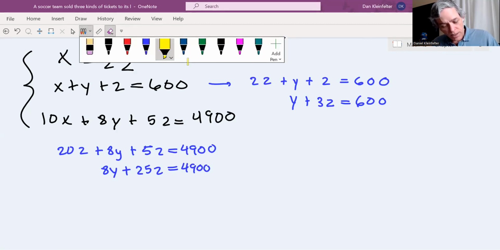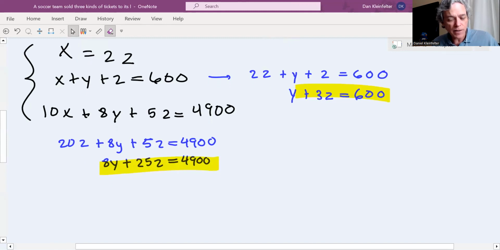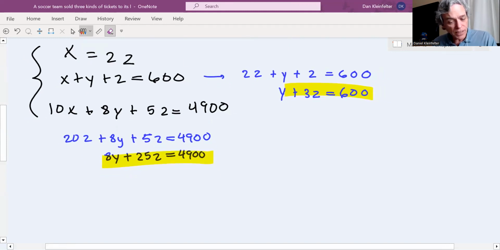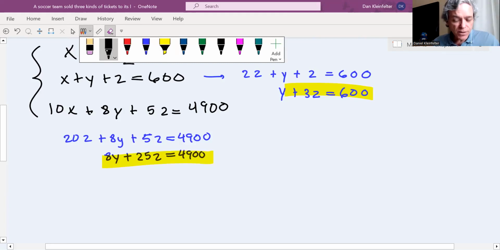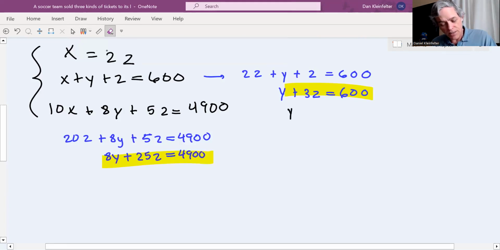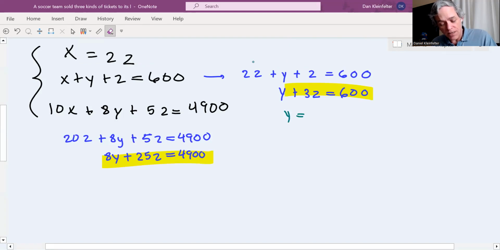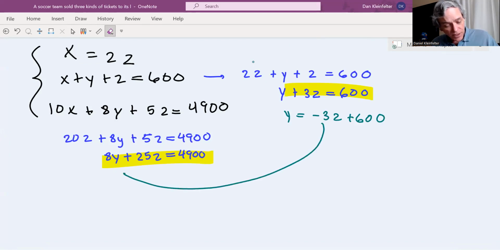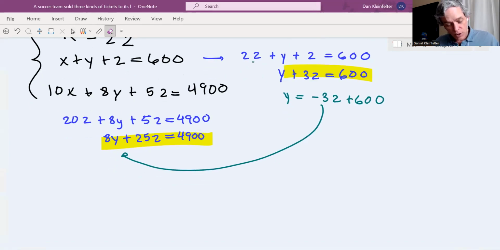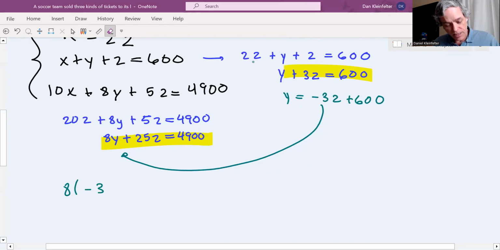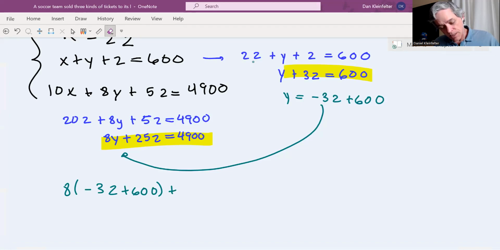Okay, so then we're going to work with the two highlighted equations involving Y and Z in order to get this done. Most of the time we use elimination, I think this time, because it just looks good, I want to use substitution for this. We'll let Y be negative 3Z plus 600, and we'll substitute that into the second equation. So we'll have 8 times negative 3Z plus 600. Okay, that was our Y, plus the 25Z,